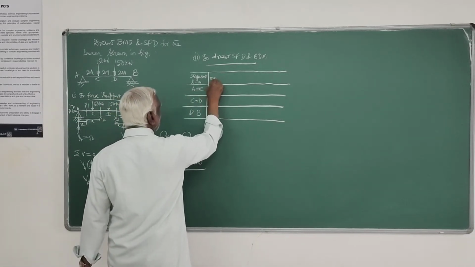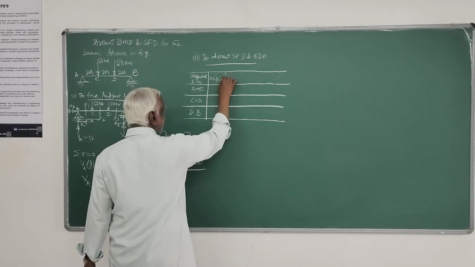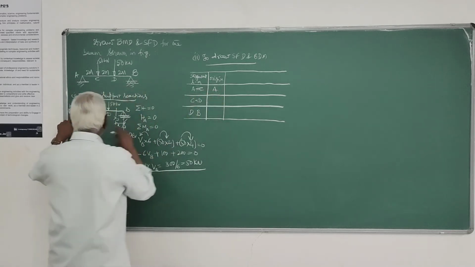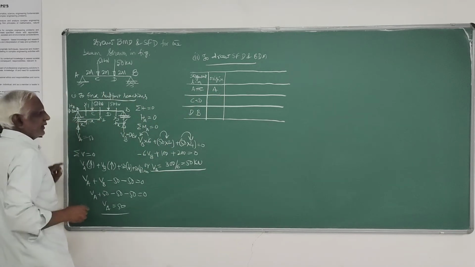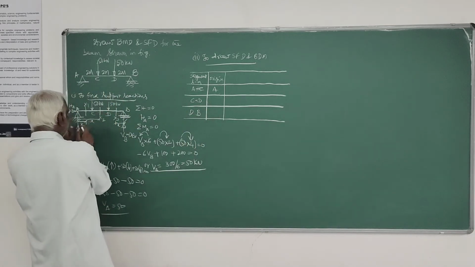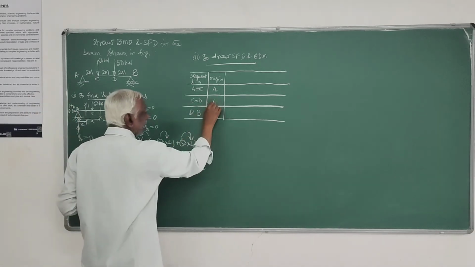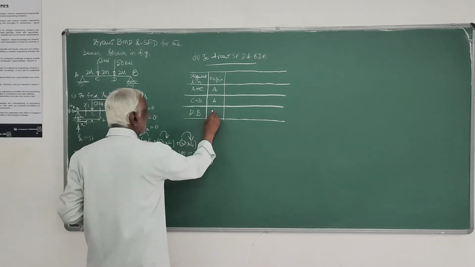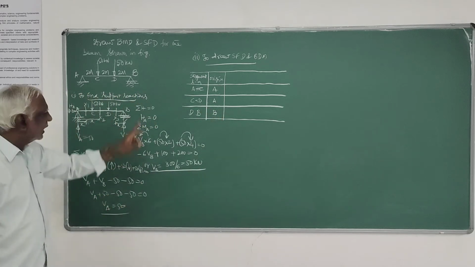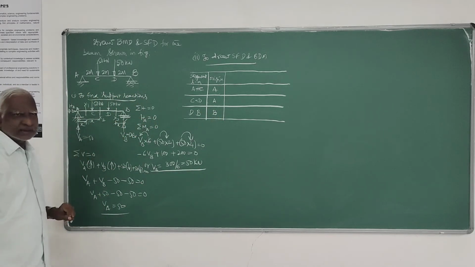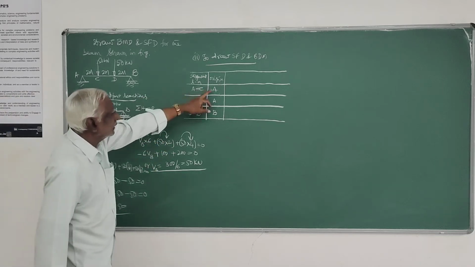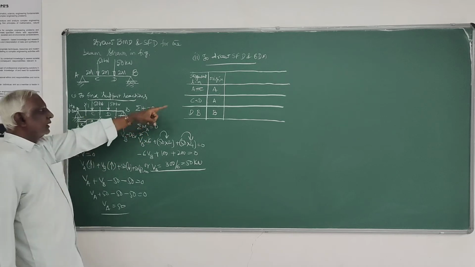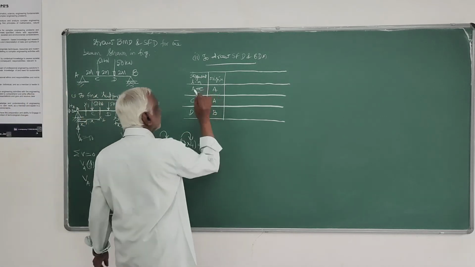Next, D to B or B to D, another segment. Then I will take the origin for measuring the distance. For the AC segment, I will take A as the origin because x is measured from A. For the CD portion, again A itself I am taking as the origin for measuring the distances. And for DB, I will take B as the origin because x I have taken like this. For the three sections, x1, x2, x3, the distance is measured from these origins that you mentioned.